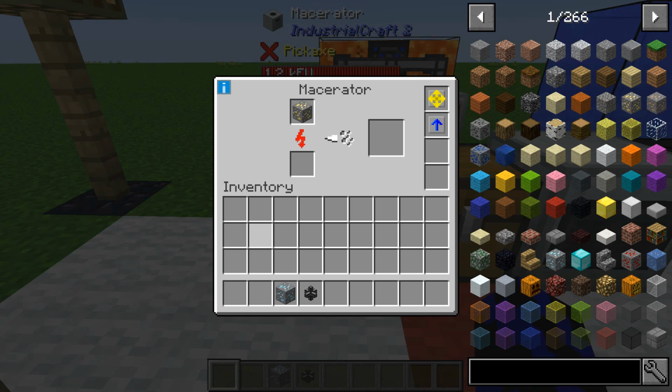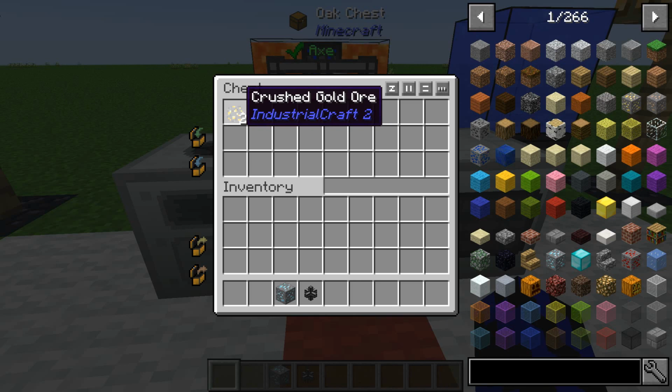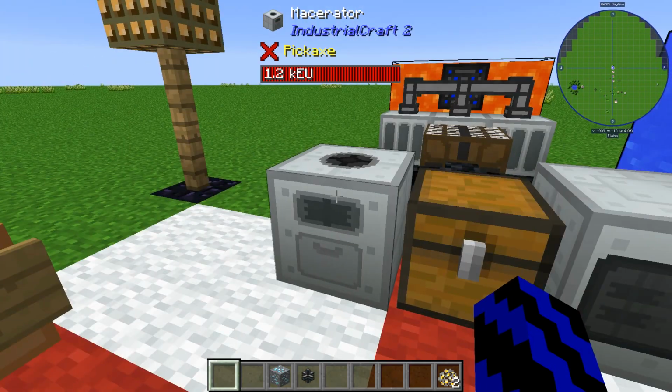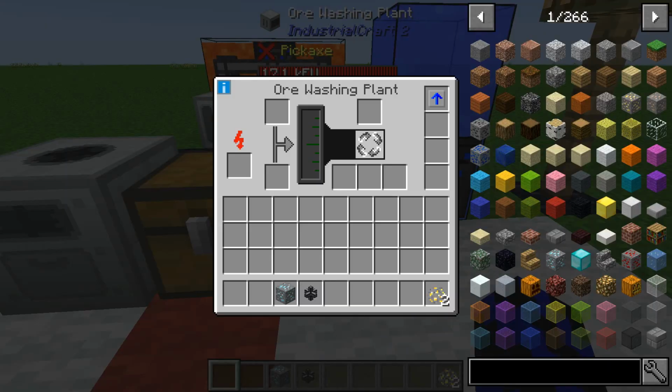supplying an overclock upgrade because these machines are extremely slow. So as you can see, you will now get crushed gold ore. That's the main part out of the way. Fantastic. So if we quickly go over the GUI, basically you can place your buckets of water in here, but